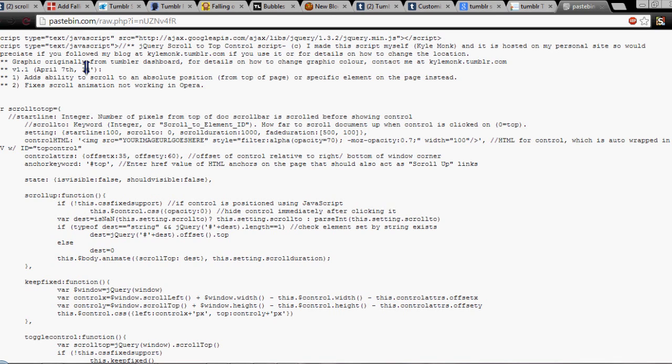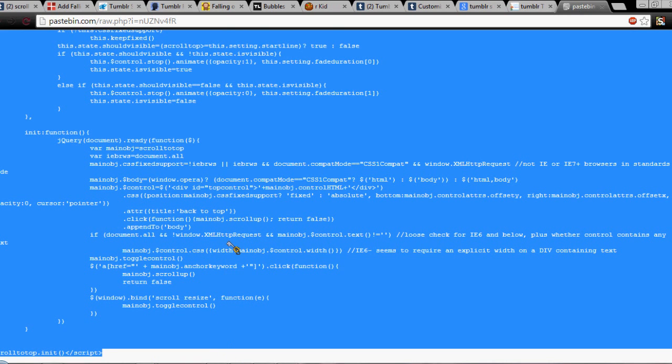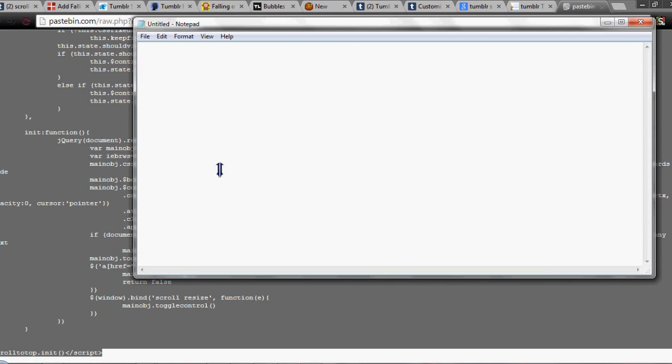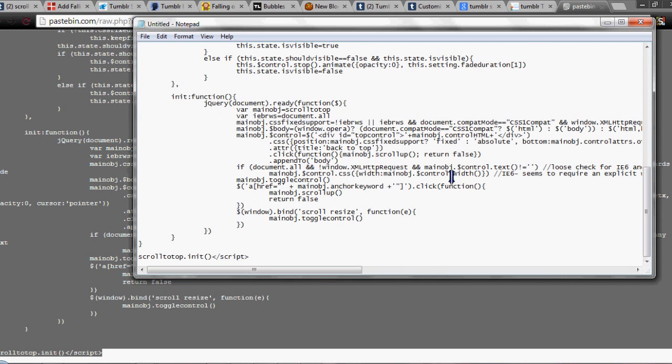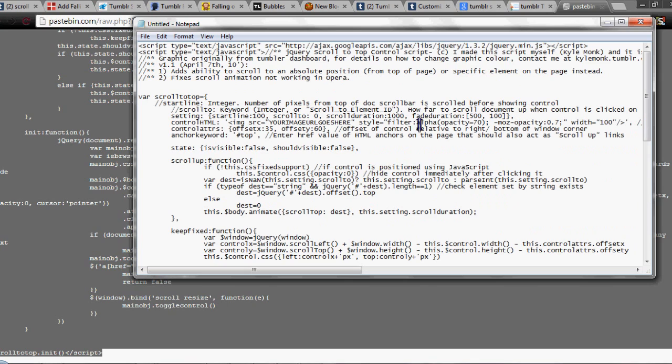So I'm going to put the link to this code in the description. And all you're going to do is take this code and copy it. And now I suggest what you do first, and this is just a suggestion because it's going to be a lot easier to find this way. Copy that, and I'm going to open mine in a notepad just on my computer, and I'm going to click paste into notepad, and where it says in big letters